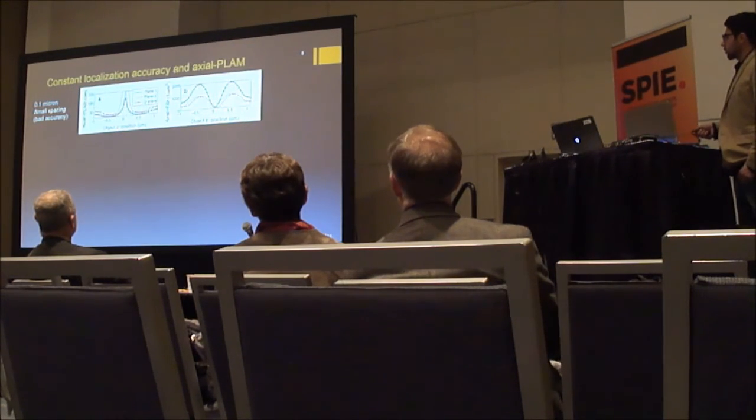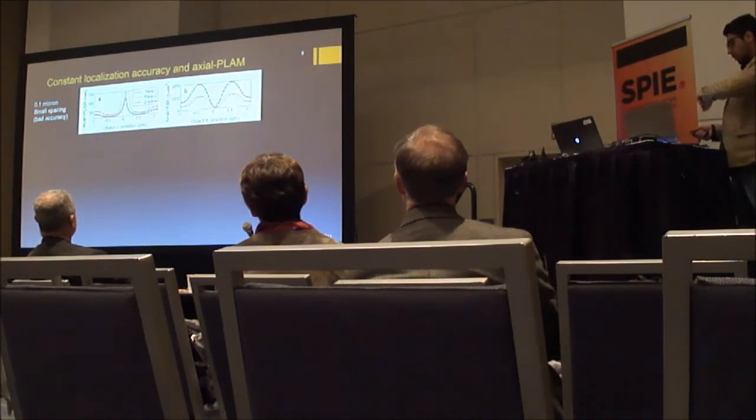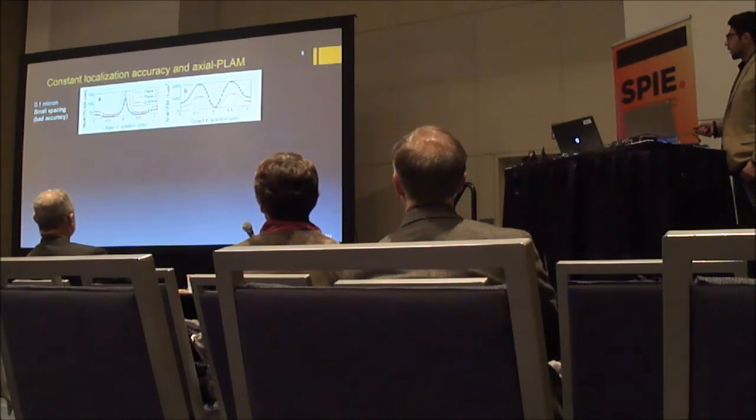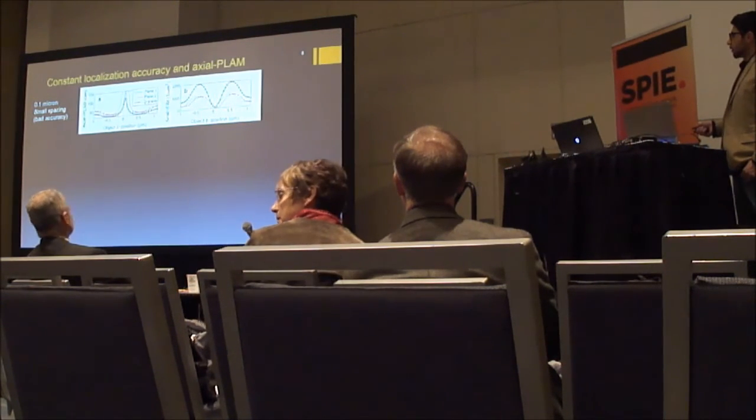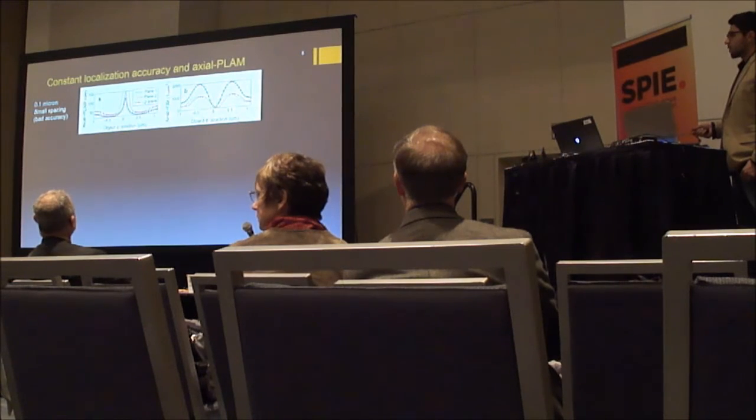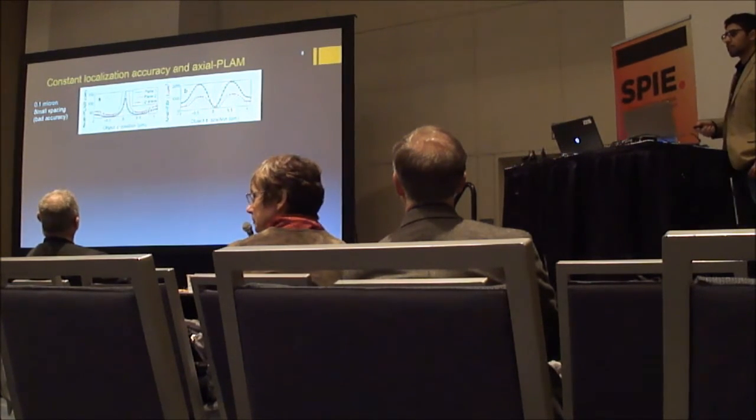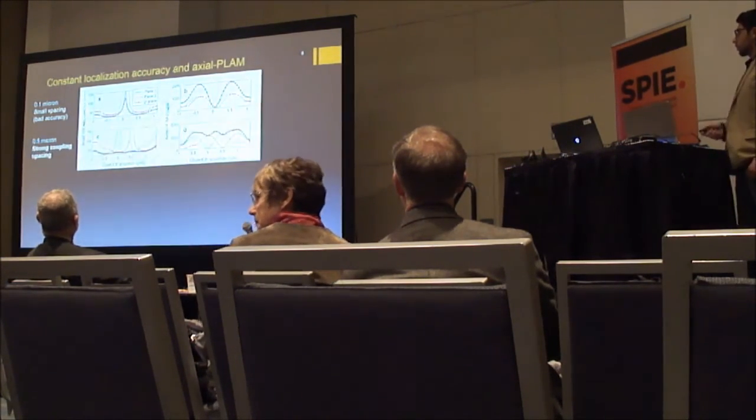So we start with a very small spacing, 0.1 micron. And in this case, as you can see, we have a large peak in the middle of the black curve. So it's not constant, so we get bad localization accuracy here. And the reason is that if you look at this plot, that red and blue curve, they don't compensate for the zeros of each other properly yet. So we increase the plane spacing, we get better results.